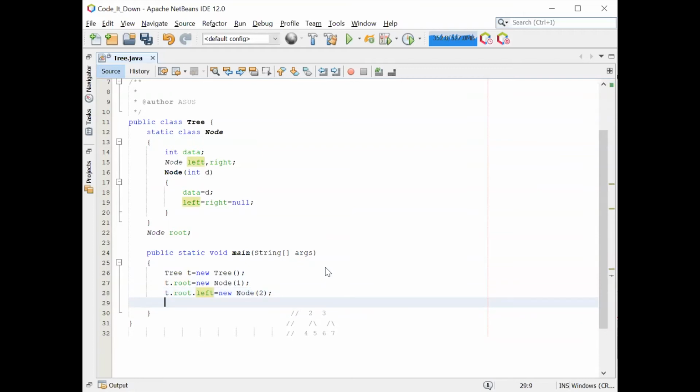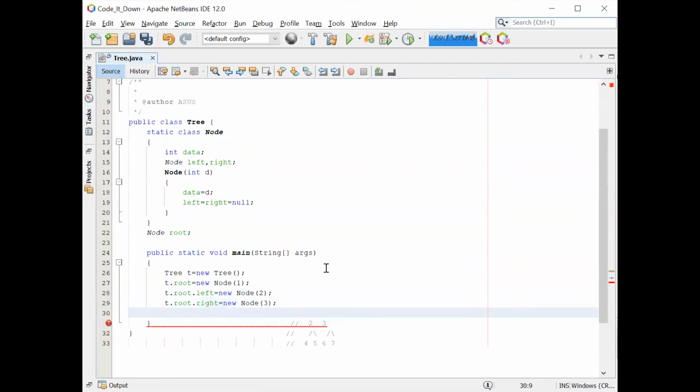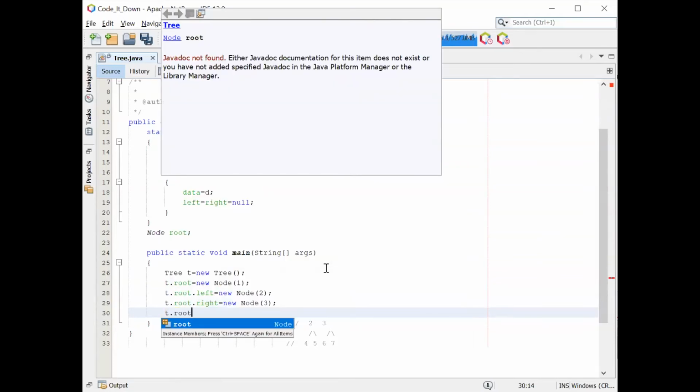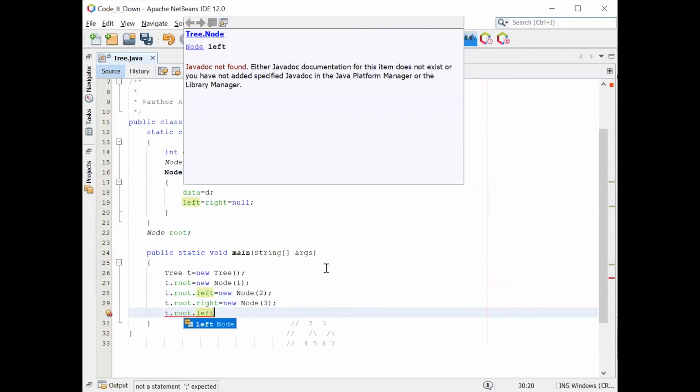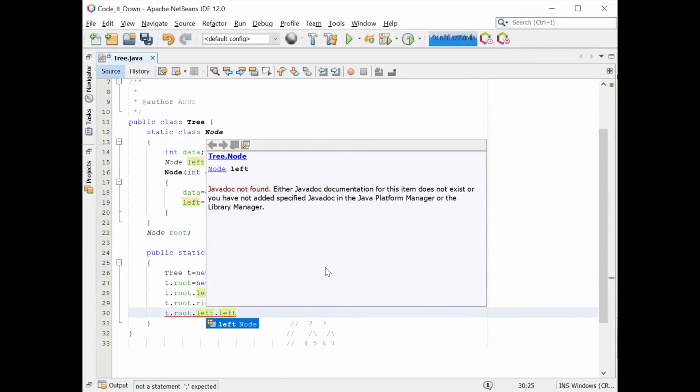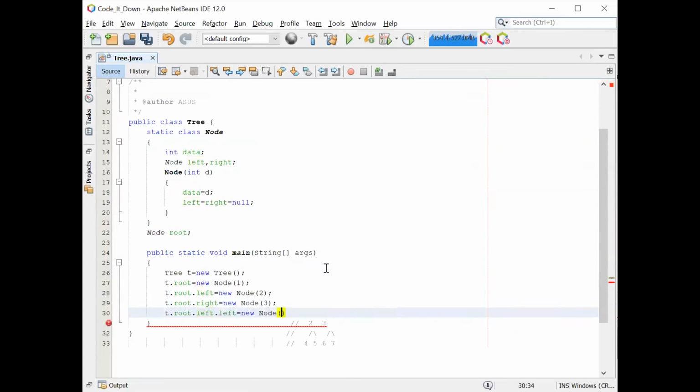Okay, and then t dot root dot right will be new node 3, and then t dot root dot left dot left will be 4.